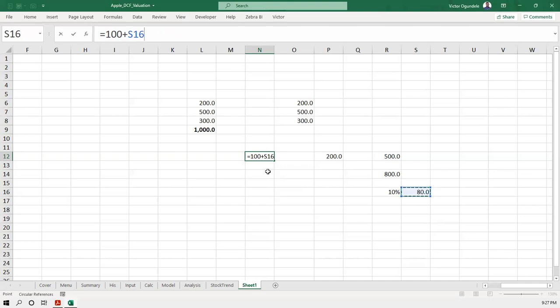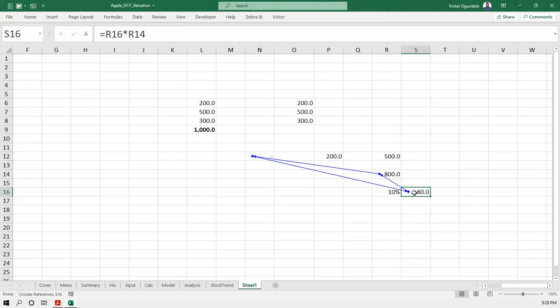Remember, this 100 has been included before I got this result of 80. So if I press enter now, look at what happens. It's telling me that this 100 in this cell has been included before I got this result of 80.